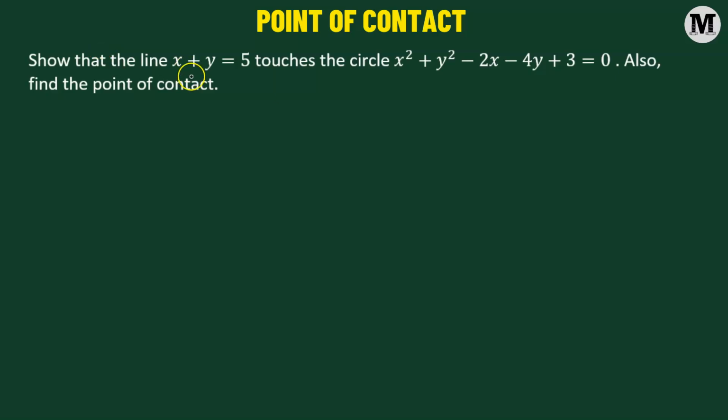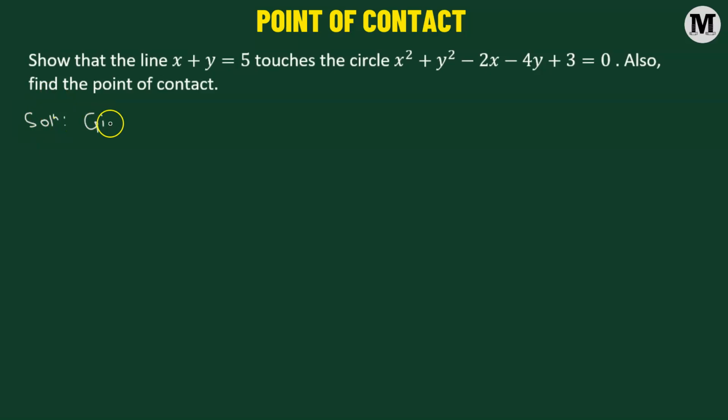So in this problem, we need to show that the line x plus y equals 5 touches the circle x squared plus y squared minus 2x minus 4y plus 3 equals 0. And we also need to find the point of contact. So let us begin. First, we'll start with the equation of the circle, and from this equation,